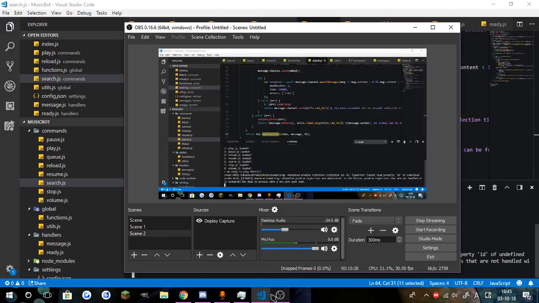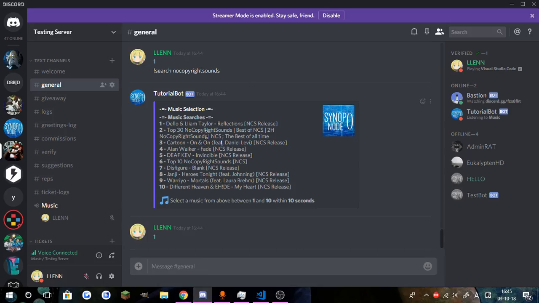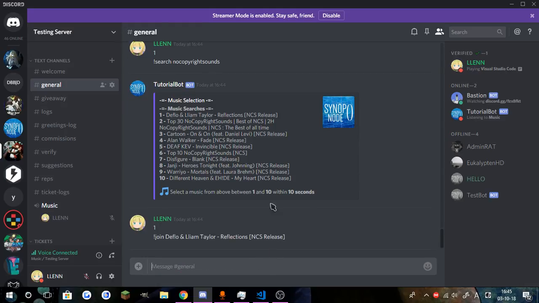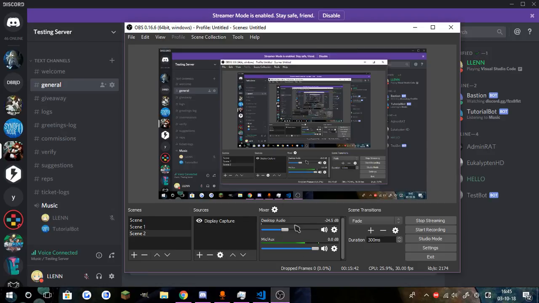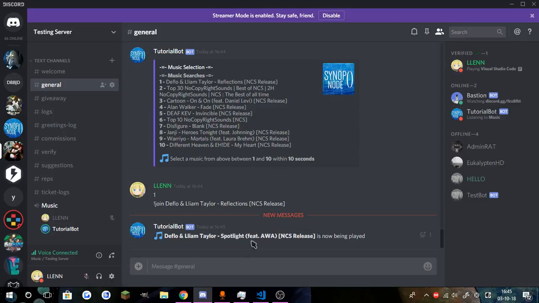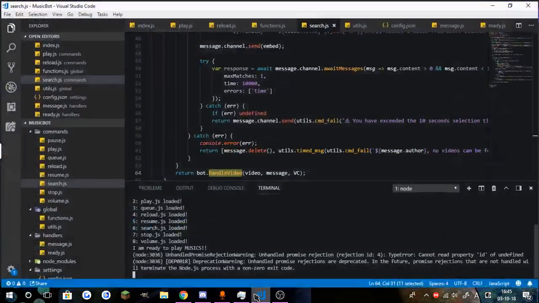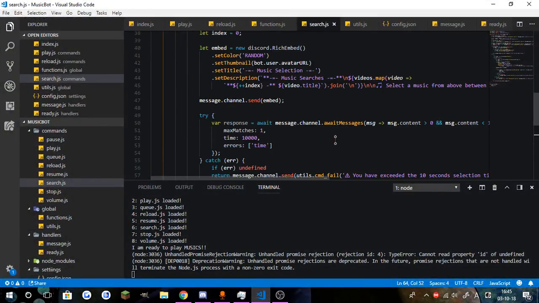Do the play commands work? Let's see if the play command works. So we're going to do this. Does that work? Yes, the play command works. Also, I turned up the volume so you guys should be able to hear better now. You guys should be able to hear this better now. So I'm just going to go ahead and stop the music, and I'm actually not sure where the error is coming